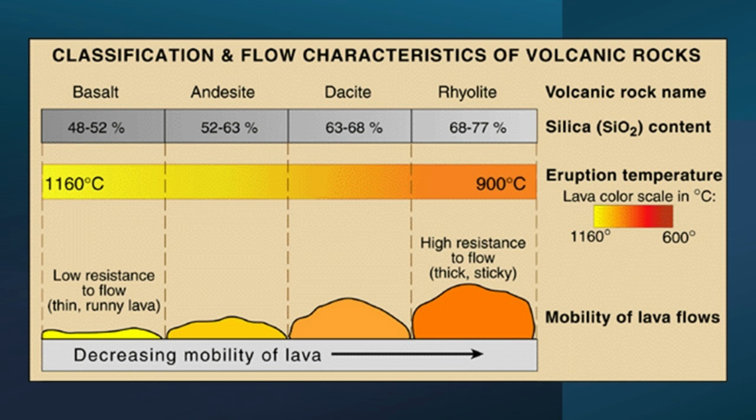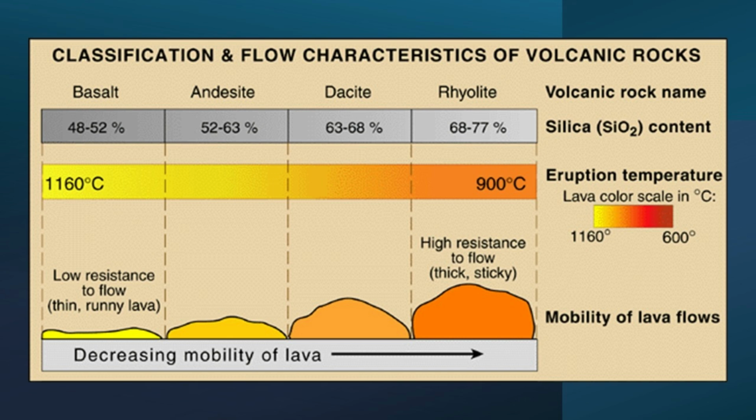This little chart is kind of a summary of what we've been talking about. It includes the amount of silica content near the top. At the bottom, it shows the viscosity. And then in the middle, it shows the temperature range. So if you look on the left-hand side under basalt, we can see that that is a low silica content,